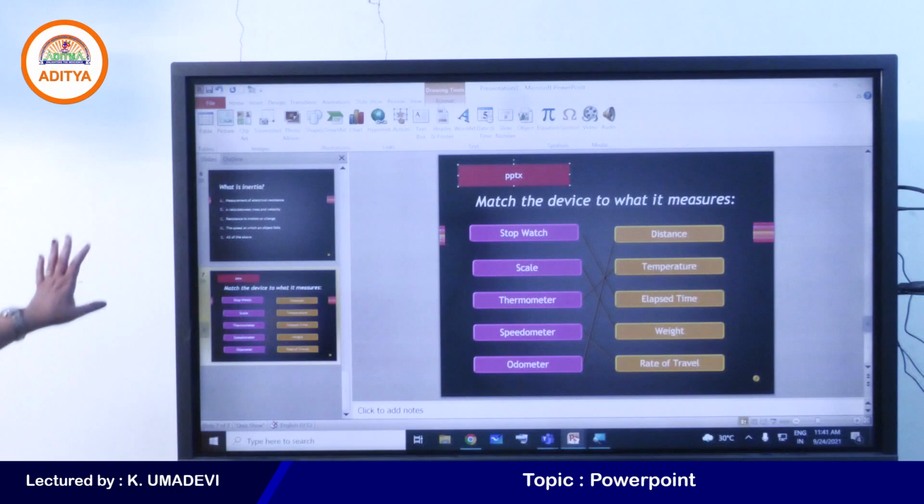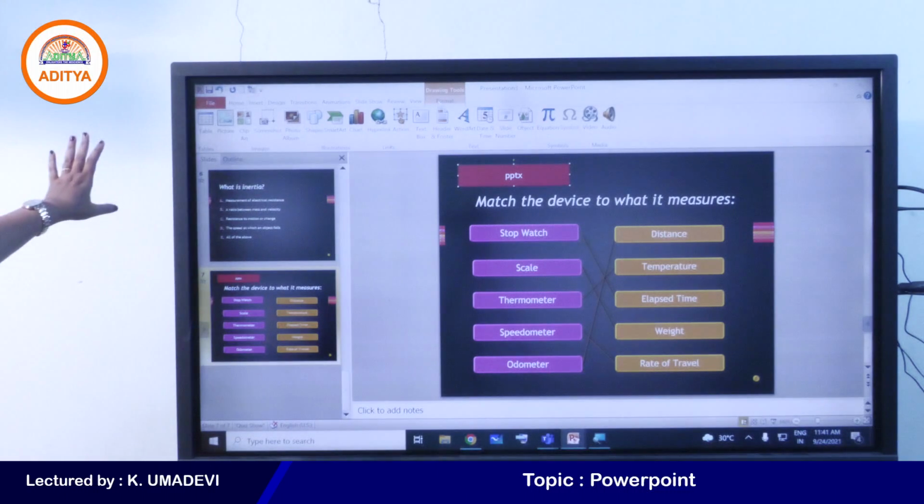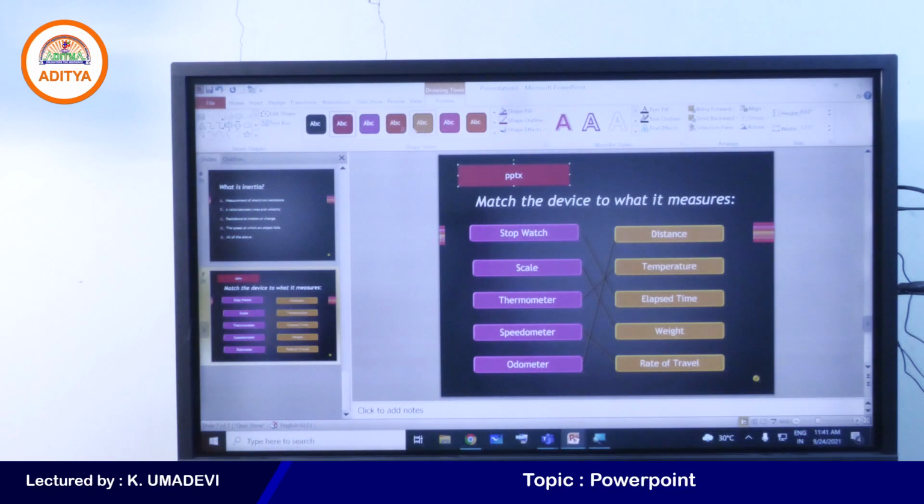Then the format tab appears on the ribbon and you can change the color, right? If you want to apply effects to the text, you can select shape outline. So like this.